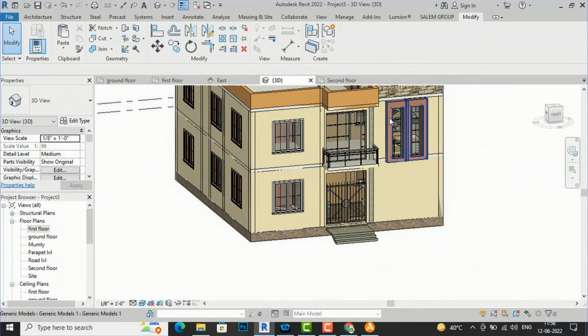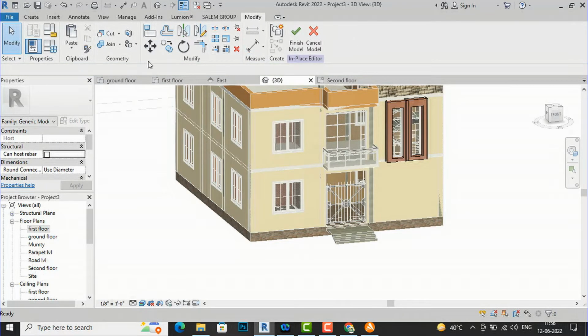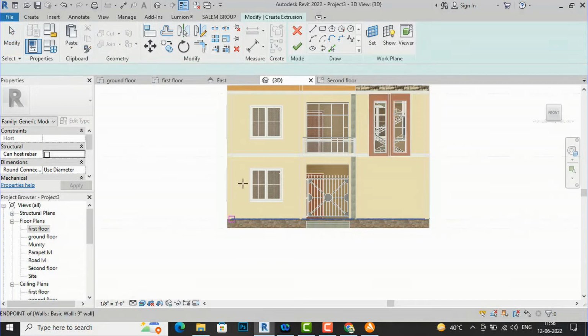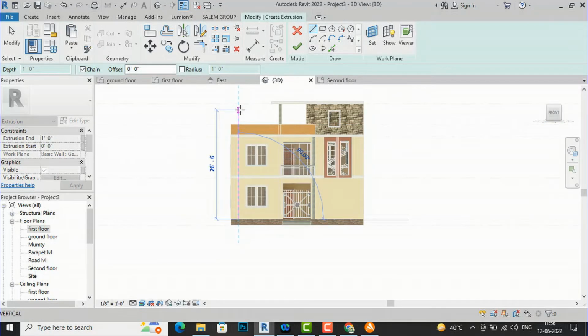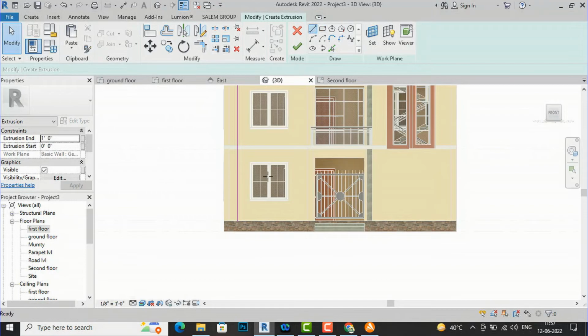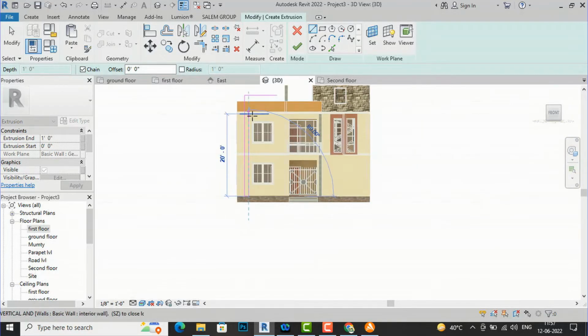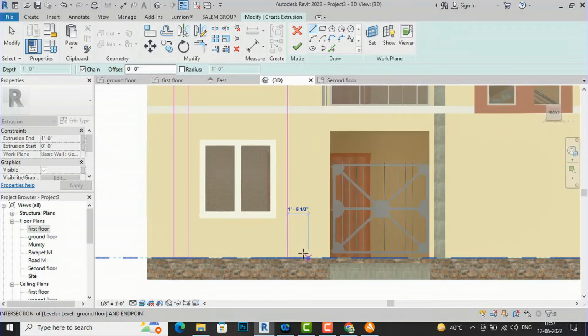So I will select this, and I will go to edit in place, and then I will create another extrusion here, create extrusion, and I will draw an extrusion here, and I will take 1 feet from this end, 1 feet, and I will go here, I will bring it here down, and I will go again 1 feet,